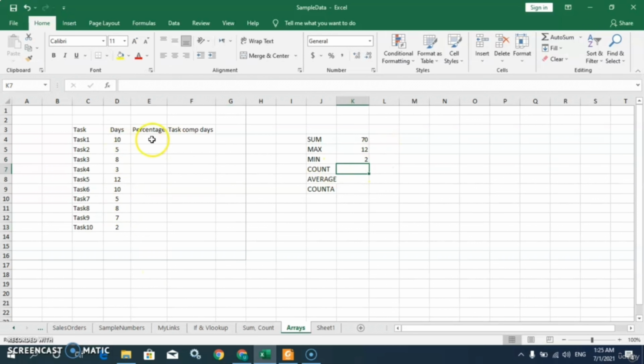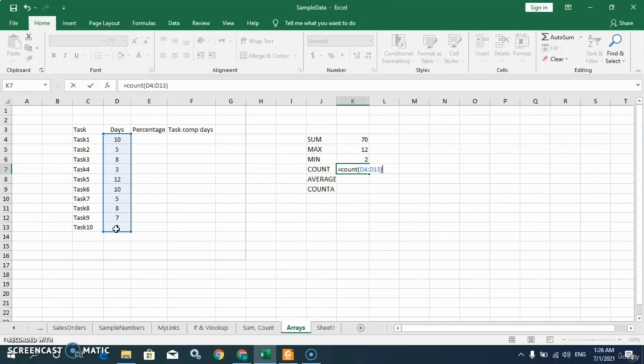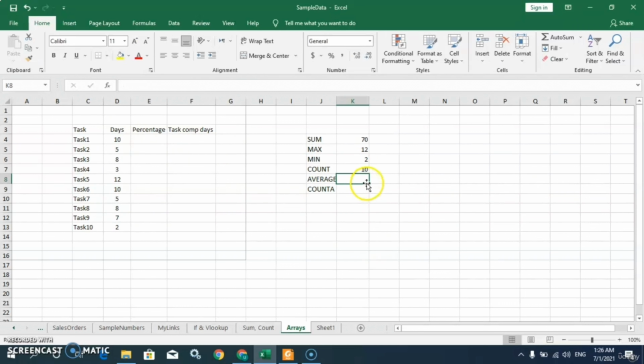Then here we have count. You can see here when we select any range, then at the bottom you will see three different kinds of values: average, count, and sum. You can see here, and we can even confirm or calculate it by using the count function here. You can see we have a count of 10. Also I can do this by using the count function. See, COUNT, bracket open, select the whole range, bracket close, and you can see we have a count of 10.